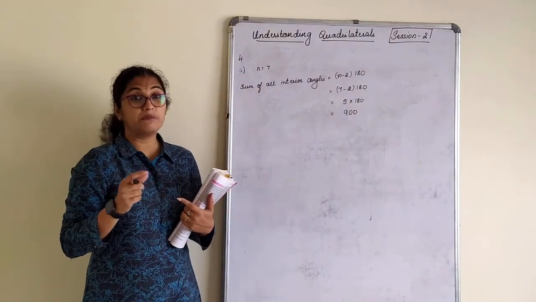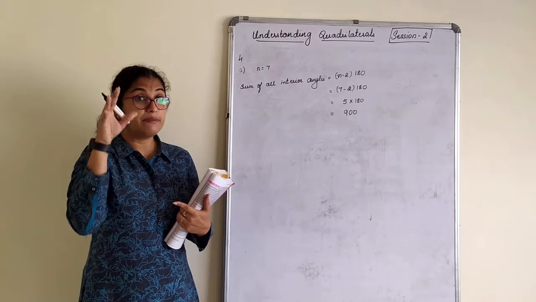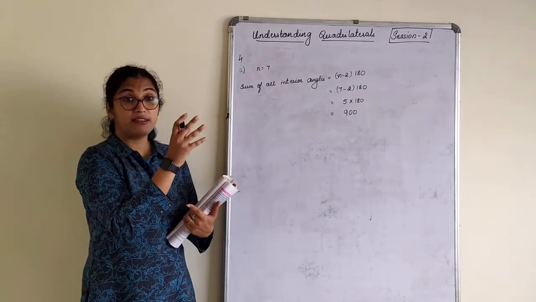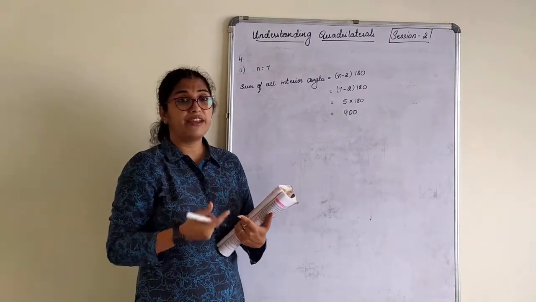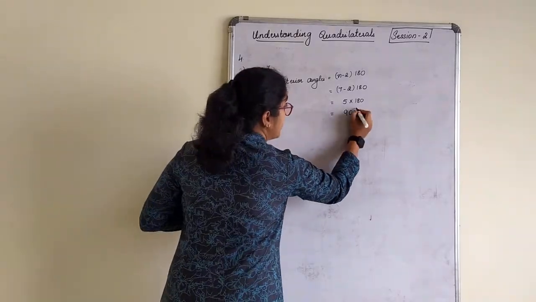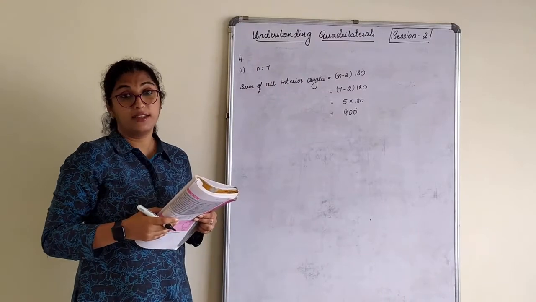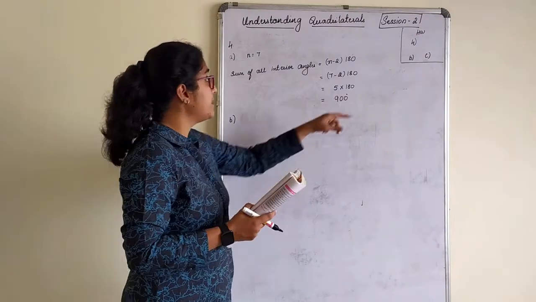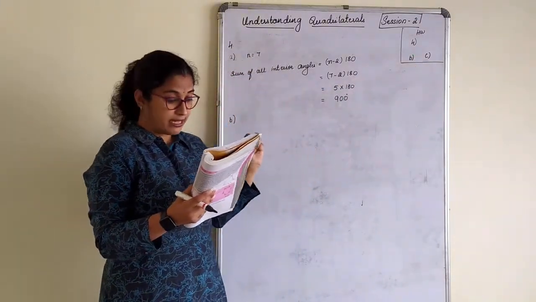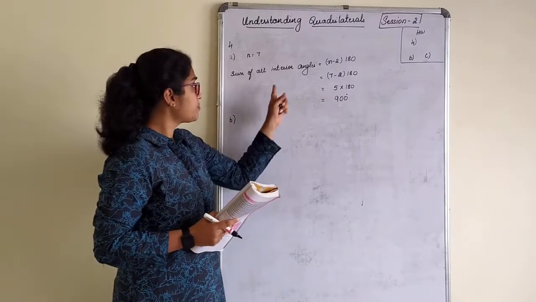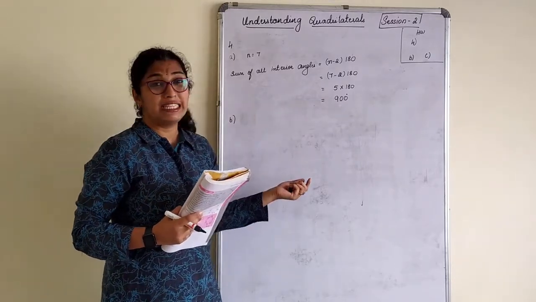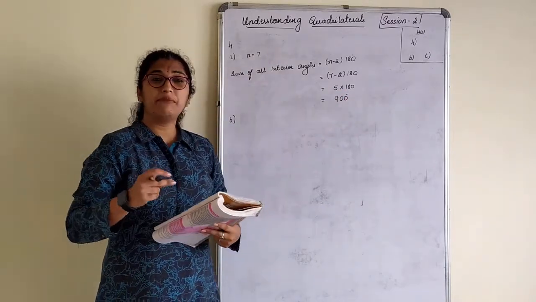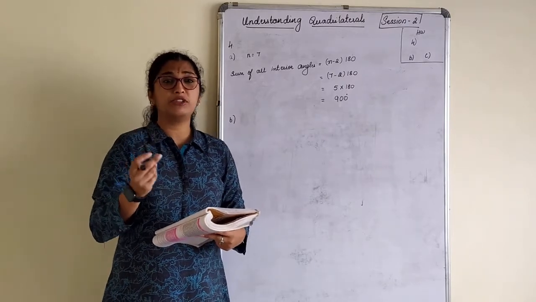You got my point? I just multiplied 100 into 5, 500. Keep that in your mind. 500 you have. Then later what we do? 80 is there. 80 times 5 is 400. 500 plus 400 we got 900. 900 what? Degrees. Okay. Yes children. So for the fourth question, parts B and C, that is n is equal to 8 and n is equal to 10, I have marked for homework. So this is how you do. You can also calculate simply: 18 times 5 is what? 90. Add a 0, 900. So it can be done in your own convenient method so that you can calculate it quickly.